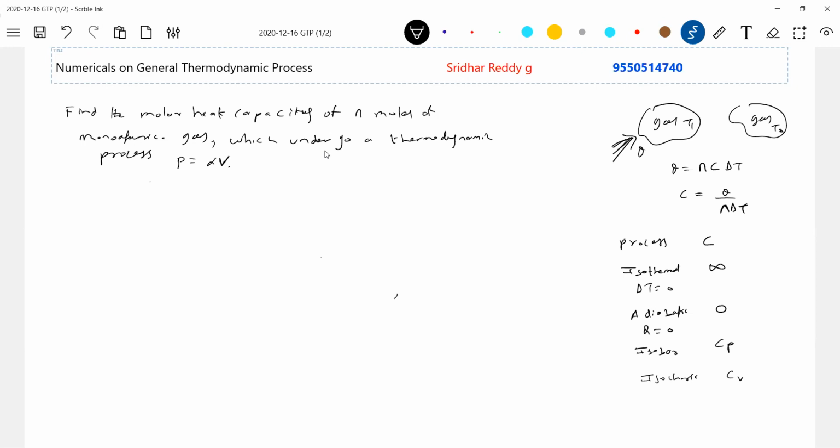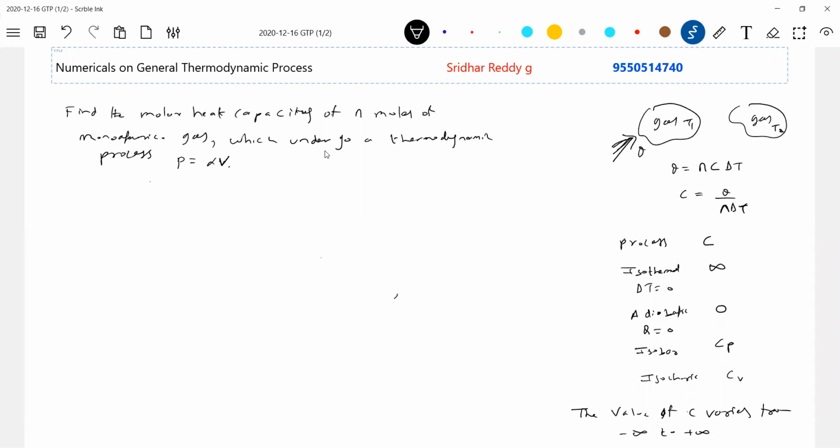Look at this now. For a given gas, don't think that this is some gas, that is some gas. A given gas, depending upon the conditions we set up, will have different molar capacity. Altogether, this molar capacity's value ranges from minus infinity to plus infinity. In general, the value of C varies from minus infinity to plus infinity.